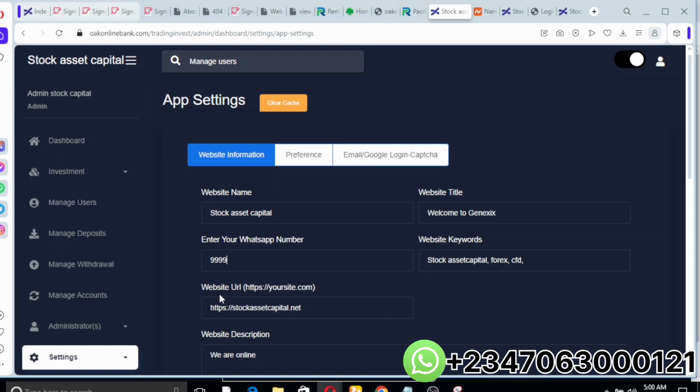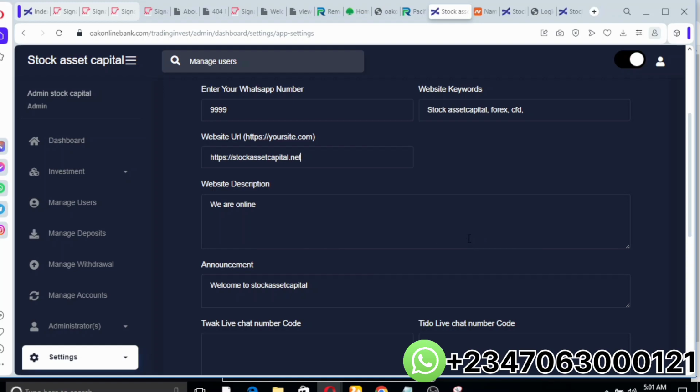So on the website URL, make sure you put in your website URL on this section. Same goes for the description. You put in the right information, right? So if you have a TikTok,